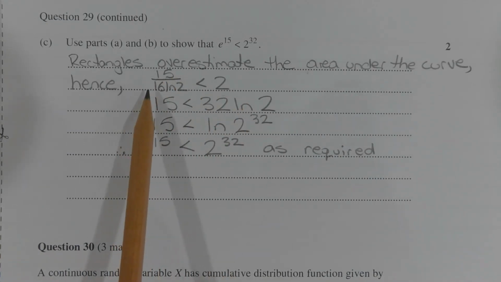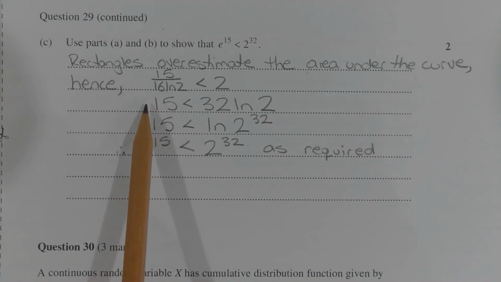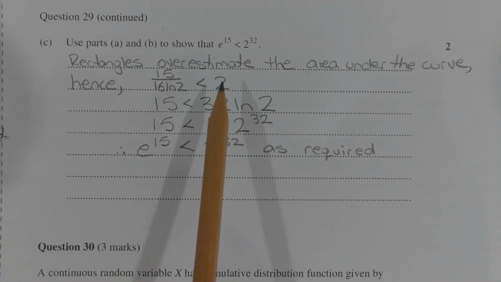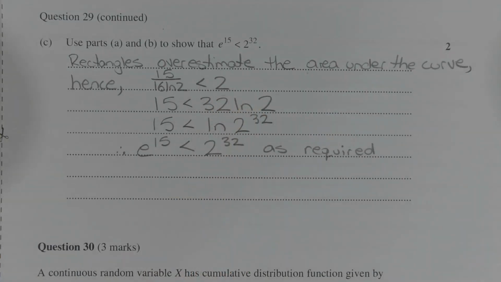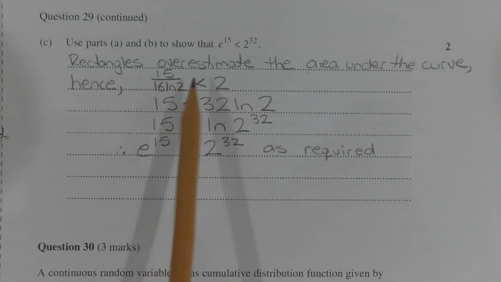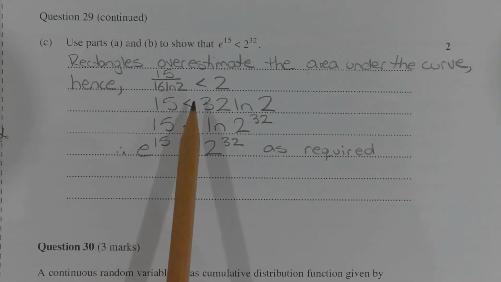Now 15 over 16 ln 2 represents the exact area under the curve from x equals 0 to x equals 4, and this is from part B, and 2 represents the limiting sum of the area of the rectangles from part A. Multiplying both sides of the inequality by the denominator 16 ln 2, we get 15 is less than